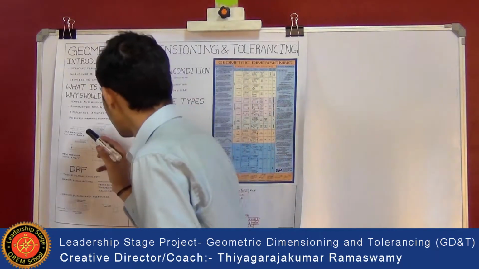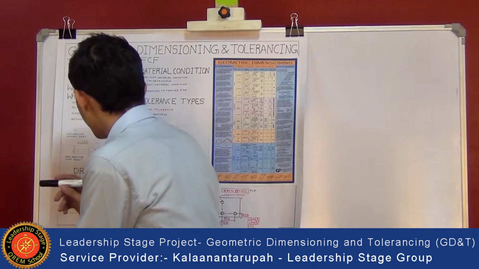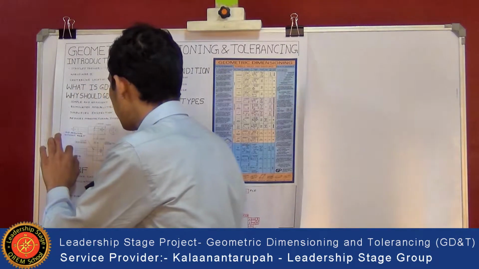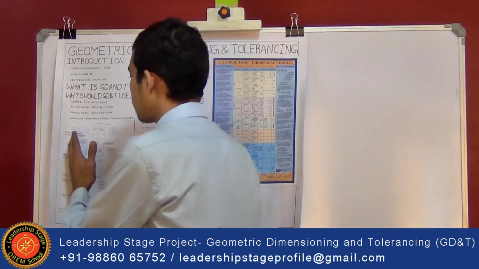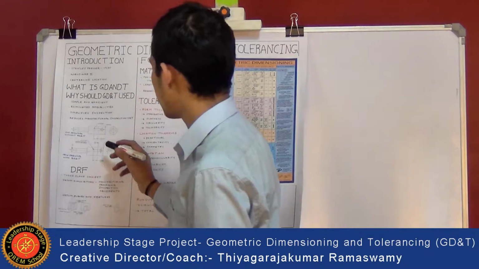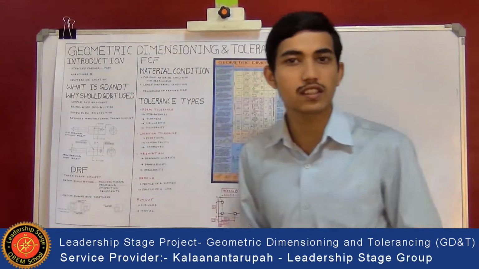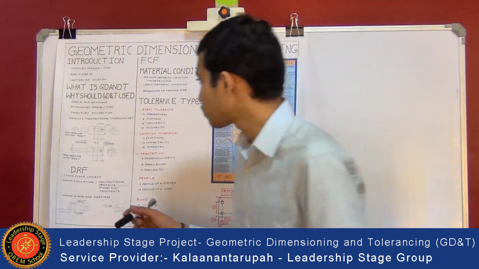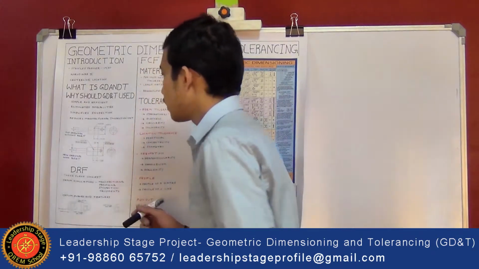You can see here that the tolerance limit is given as 0.01 and here also 0.01, but here it is specified that the surface is perpendicular to datum reference A, so that it can be easily manufactured. And here a feature control frame is also given, which establishes the tolerancing dimension for holes. I am going to explain the feature control frame in the next part.